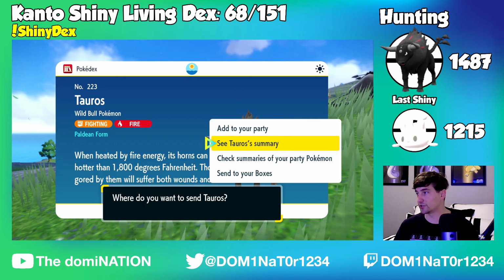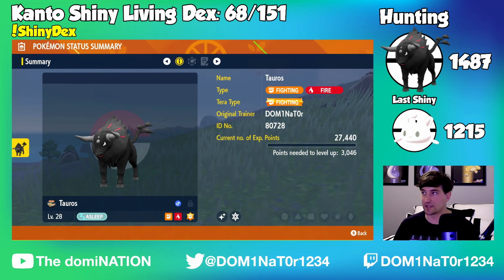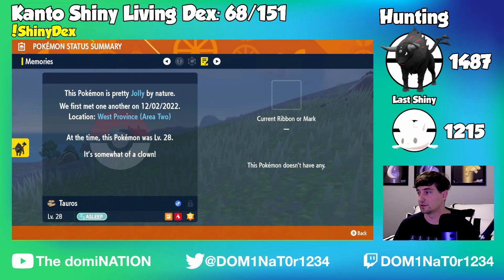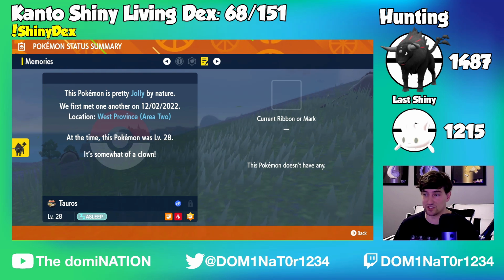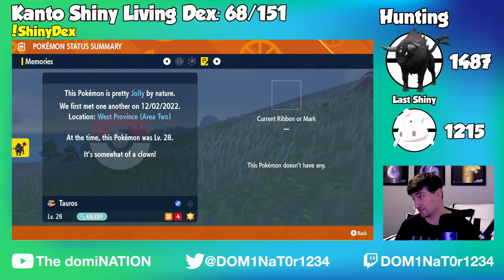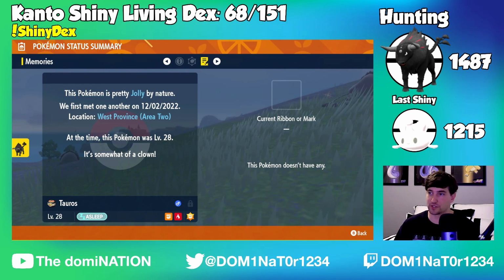Let's go Bold nature. That's my guess. So we got a Gentle, a Hardy. I'm guessing Bold. It's gonna be Jolly, which is really good. And unfortunately, it does not have a mark. That's sad. I don't know what the odds are of a mark with Tidal Power 3, but